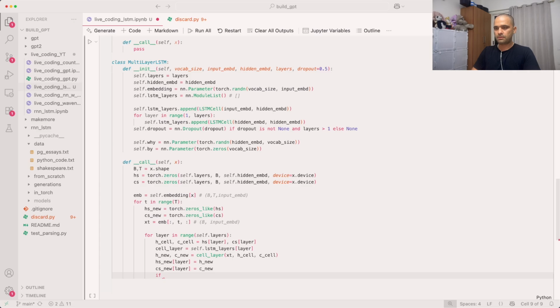Now we say if layer is greater than 0 and self dot dropout, only then we update